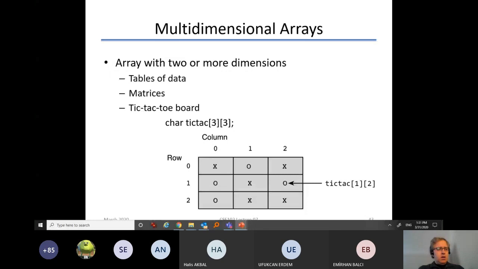You have the number of entries you want to keep in a single variable of the same type, and we saw that we could keep a list of entries or a vector of entries in a single array. And we have seen how to access those array entries, how to read them, how to write to them, and how to pass them to a function